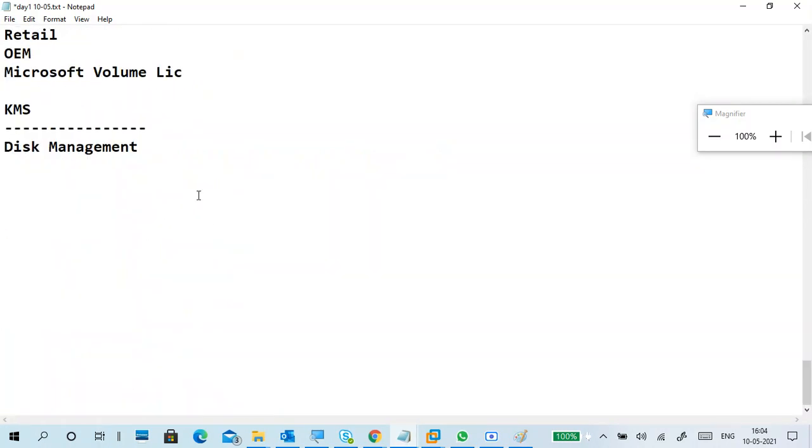Okay, so disk management. There are multiple ways to open the disk manager, but I will tell only the Run way. So go to Run and put diskmgmt.msc. Then we can see our disk, and I will show you a few things, and how to split the disk and how to create a partition. So we'll see that one first.